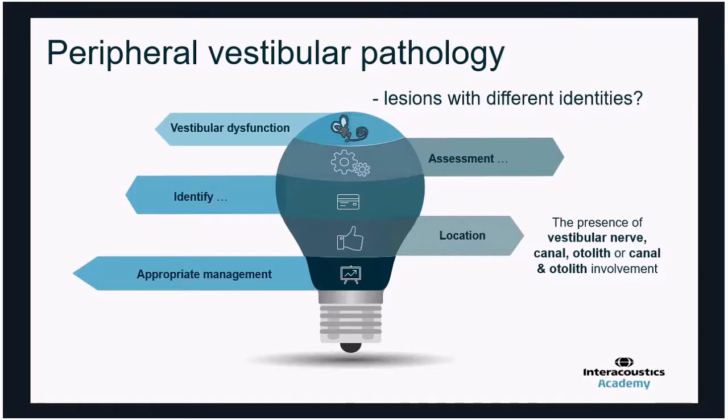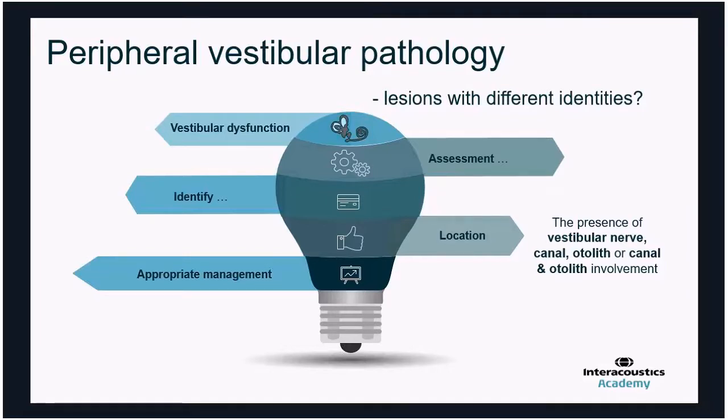How can we use our forensic approach to ascertain that actually, yes, there is a functional change here that we can then look at managing as a vestibular condition? Or no, the function is actually okay, therefore this may be presenting from a different pathology site. So once we've established our identity and location, it then tells us what we need to think about in terms